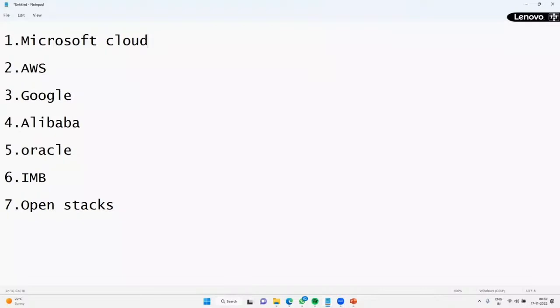There would be a meaningful word, and only then will they choose it. Azure means blue color sky. The generic meaning of the word Azure is blue color sky, and in the sky itself we have clouds. So that is Microsoft Azure.